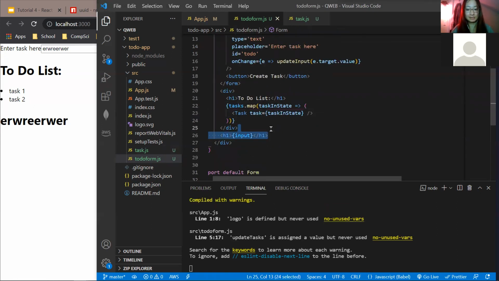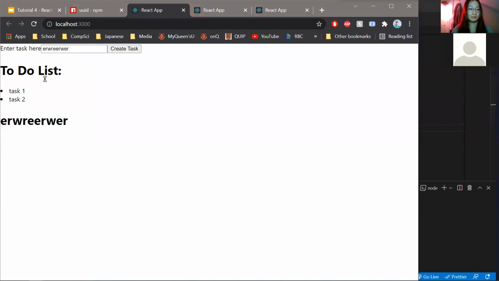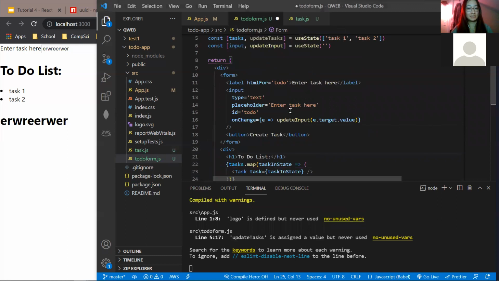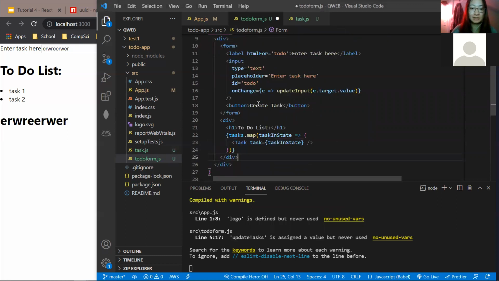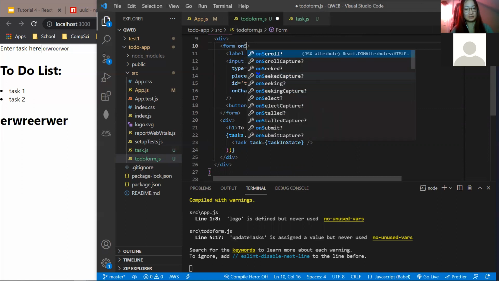So now we can take this out. And what we want to do is only when we click this button or submit the form, we want to add the task to the list. So how we would do that is by using onSubmit. What you could do is create an onClick property on the button, but since this is a form, it automatically has an onSubmit feature. I could just do that. So form onSubmit